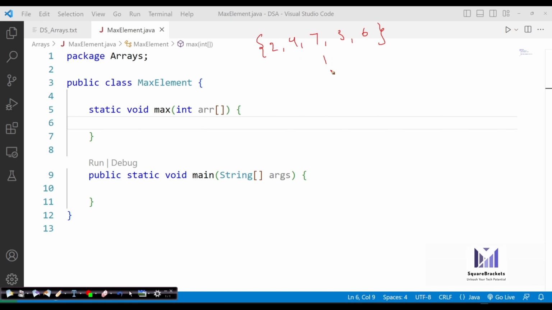So it means we have to use two loops. The first approach that we are trying, in that we have to use two loops, because I have to pick one element and compare with rest of the elements. Then I have to pick second element, compare with rest of the elements. So this is what we have to do, and in order to do comparison, we have to iterate, we have to use nested loops.